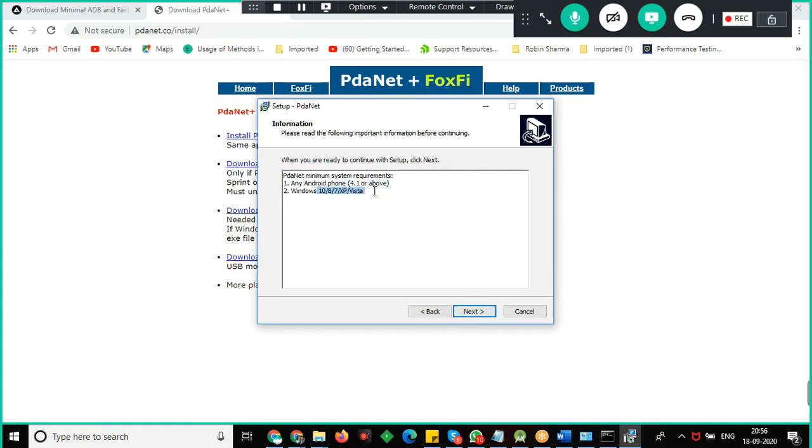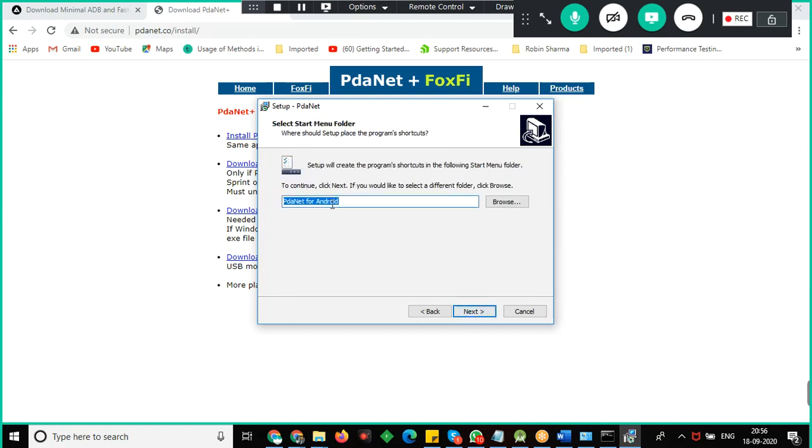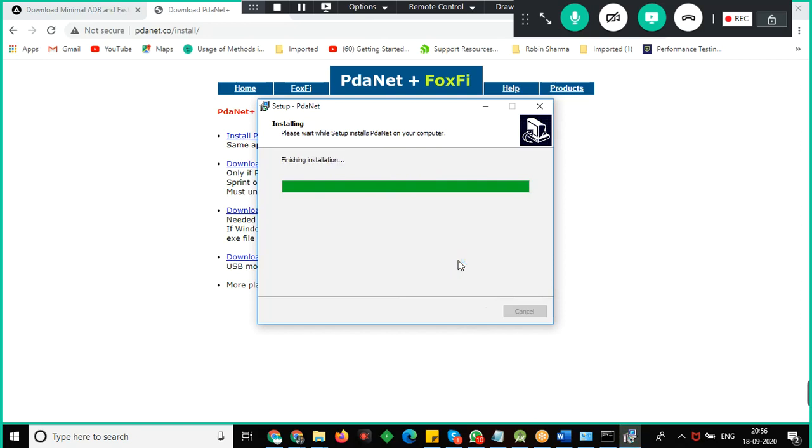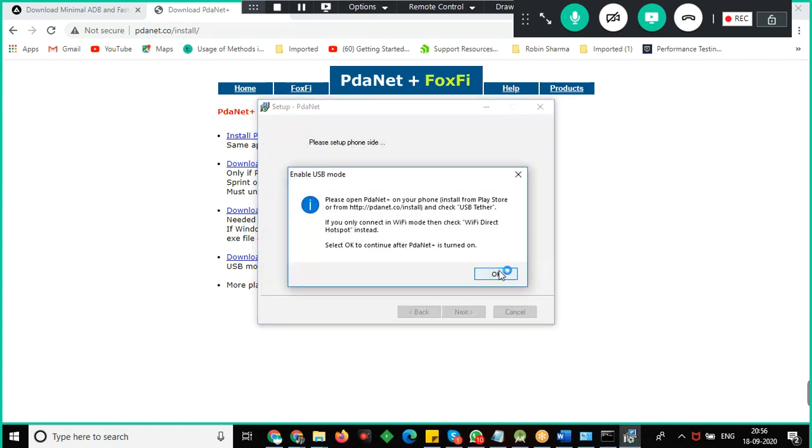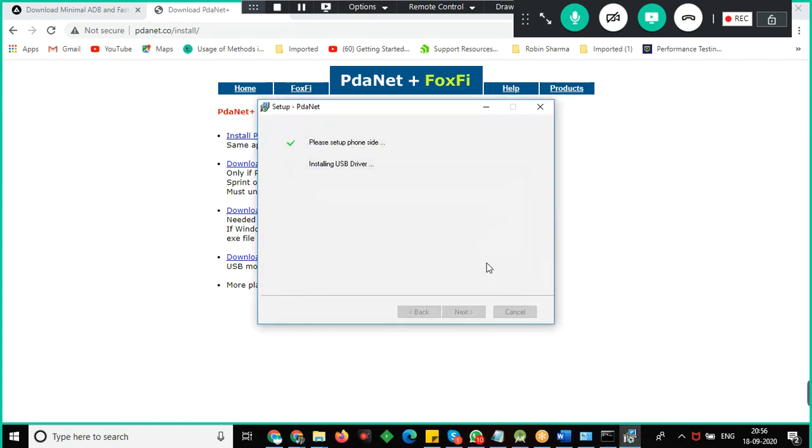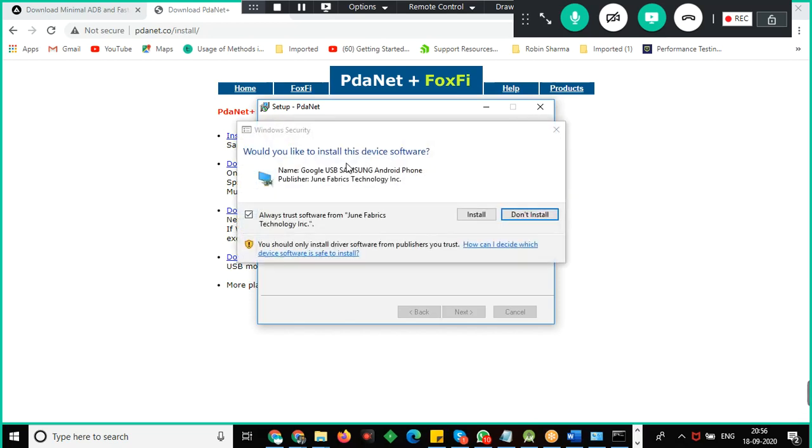It supports 7, XP and Vista also. So PDANet for Android, just click on install, click OK. See, it is installing the USB driver.